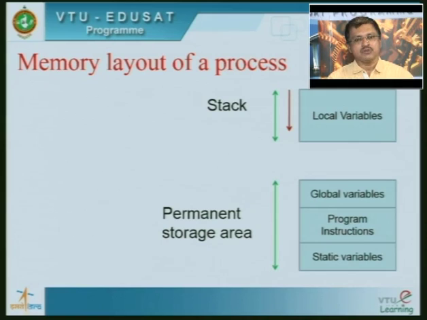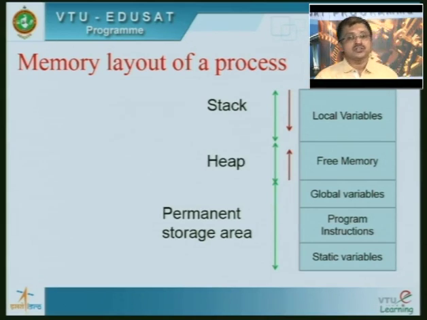At this point, if you can understand this much, it would be adequate. The next thing is that there is some free memory which the compiler allocates. This is generally called the heap. These are the storage areas where the runtime allocation